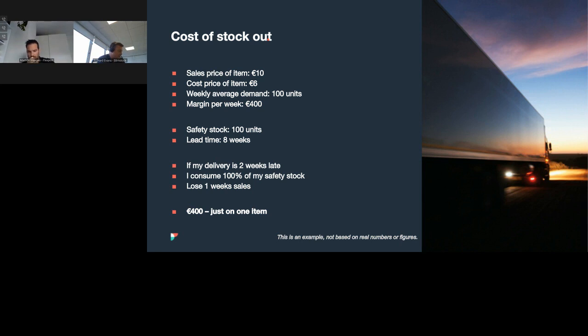If it's 2 weeks late, in week number 1, we consume 100% of my safety stock. And then in week number 2, I lose 1 week's sales, which, okay, people maybe think is not that huge a number, it's 400 euros. But quite often, we're dealing with customers who have thousands or tens of thousands or hundreds of thousands of SKUs. So losing margin on one particular SKU is multiplied through all of those that you have out of stock on,